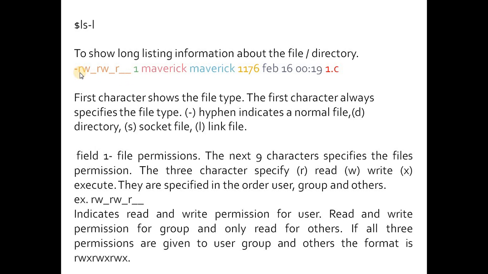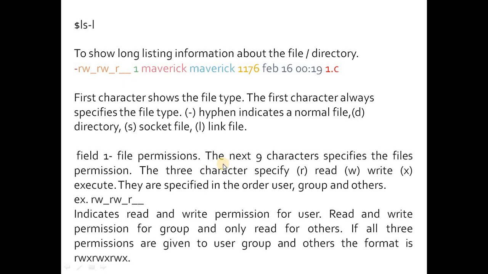The first 3 characters represent the permissions for the owner, who created the file. The next 3 characters represent the permissions of the group to which the owner belongs, and the next 3 characters are the permissions for others, that is, other than owner and group.